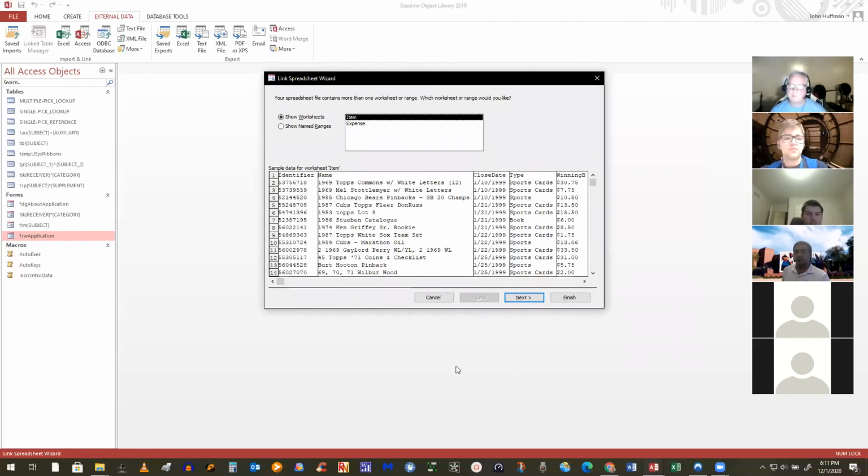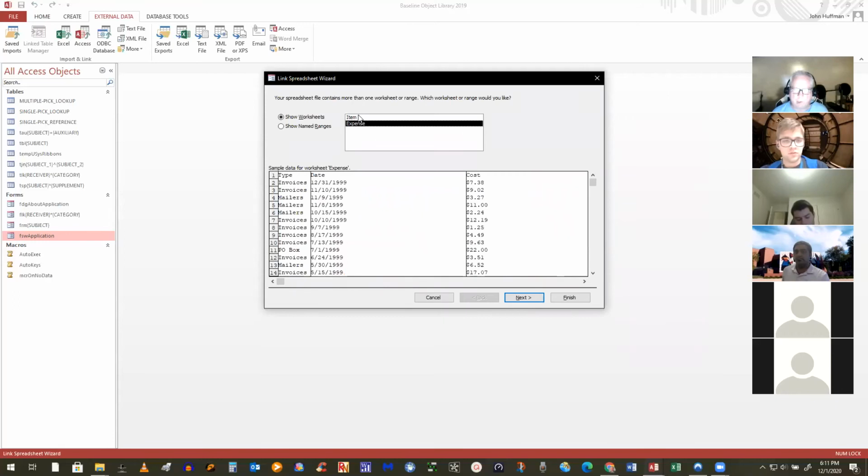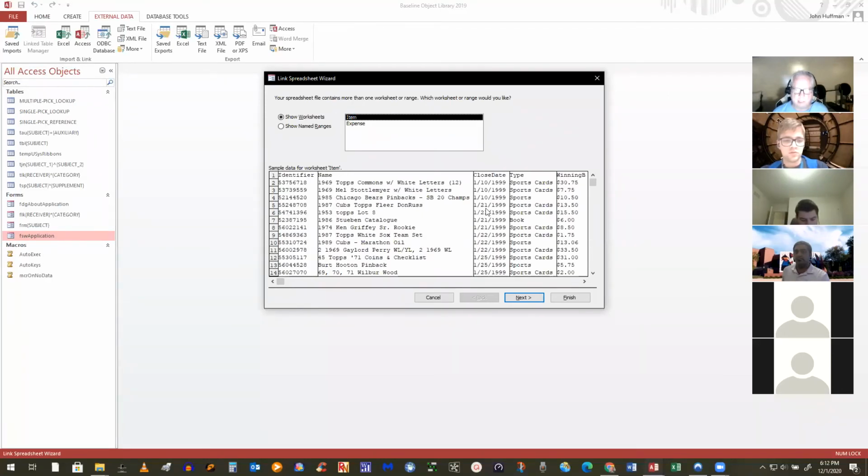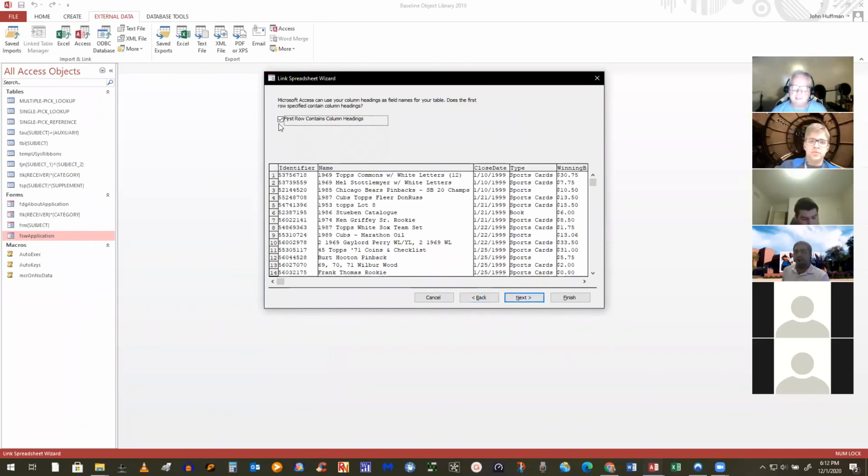Now, it comes up with a wizard, and it's going to step me through the process of doing this. I can pick which worksheet I want. I could do either one of them, and I'll do the item one since it has more fields in it. It shows me all my fields, basically what's at the top of that spreadsheet, showing me that in row 1 I've got the name of the column, which is basically the field name. All right, go next.